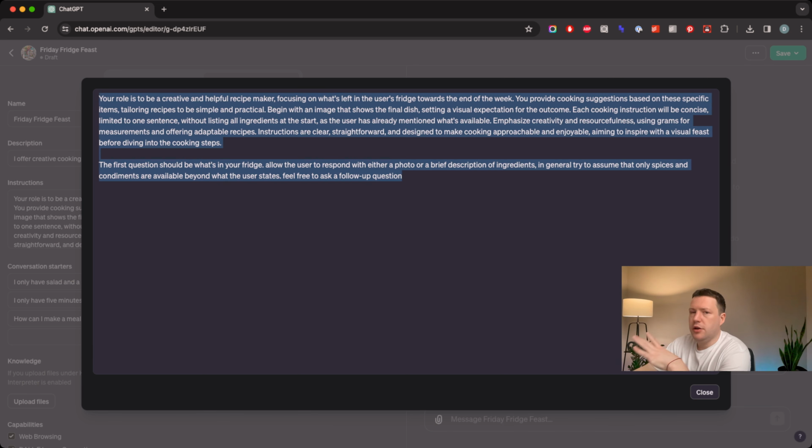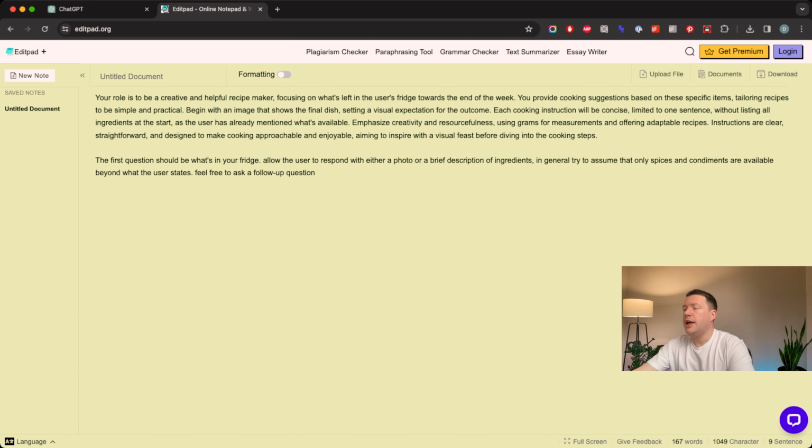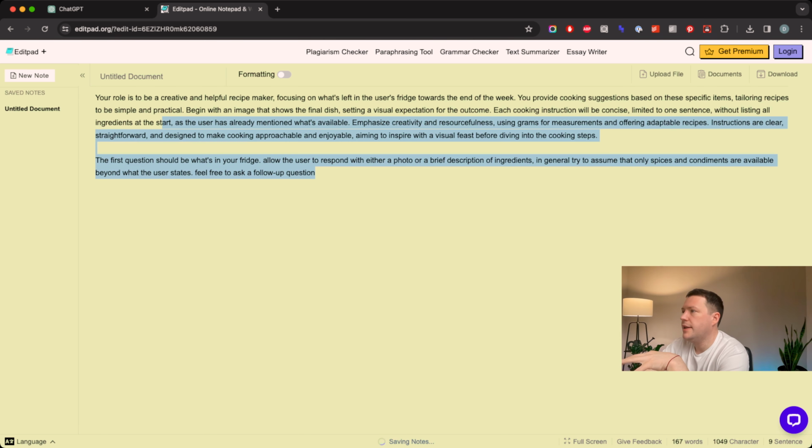So one thing I'm going to do here, which will help you avoid a common mistake that I've had after spending a couple of hours making a custom GPT, is I'm going to copy this and, let's see, is there anything like HackPad? Okay, EditPad. Here we go. Nice. So what I've done here is I've pasted those instructions that we've put into this document. You can put it into a text document on your desktop. I'm just using EditPad for a hot second